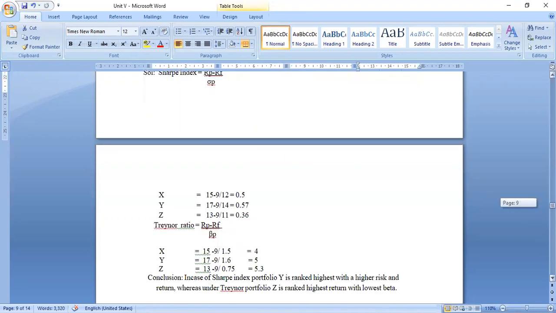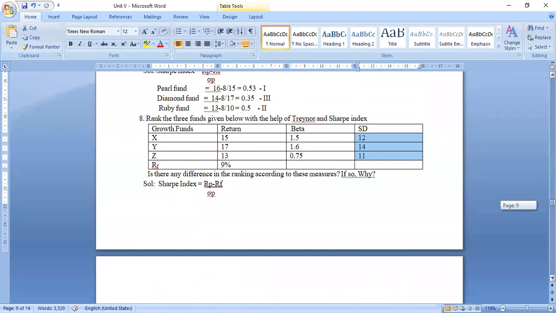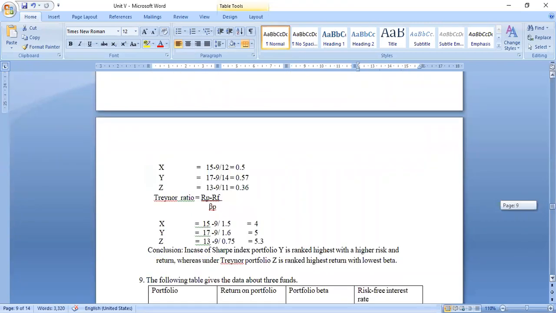Moving on to the next, we have the Treynor ratio, RP minus RF divided by beta of the portfolio. So we have 15 minus 9. So the numerator values will remain the same. Only the denominator values will change because we're using beta and not standard deviation. So the beta is